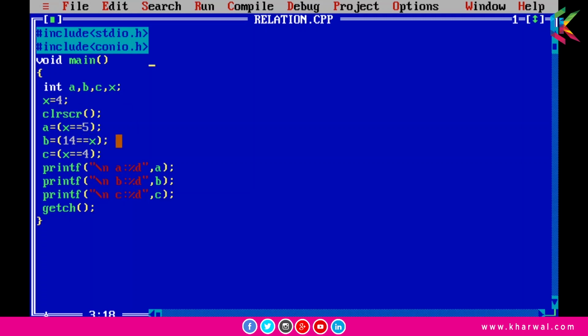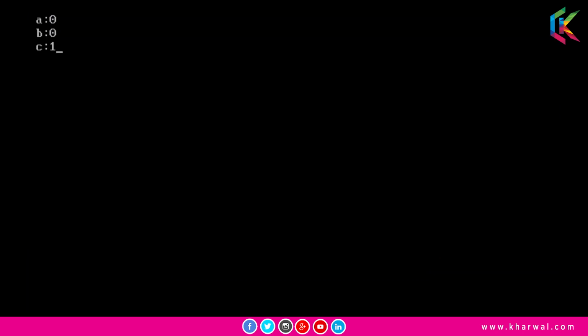And in the next expression 14 equals x, and this expression will also be false, so the value of b will be 0. And in the last expression x equals 4, and this expression will be true because the value of x is 4. Now guys, if I run this program, it is printing the values of a, b and c, and they are 0, 0 and 1 respectively.